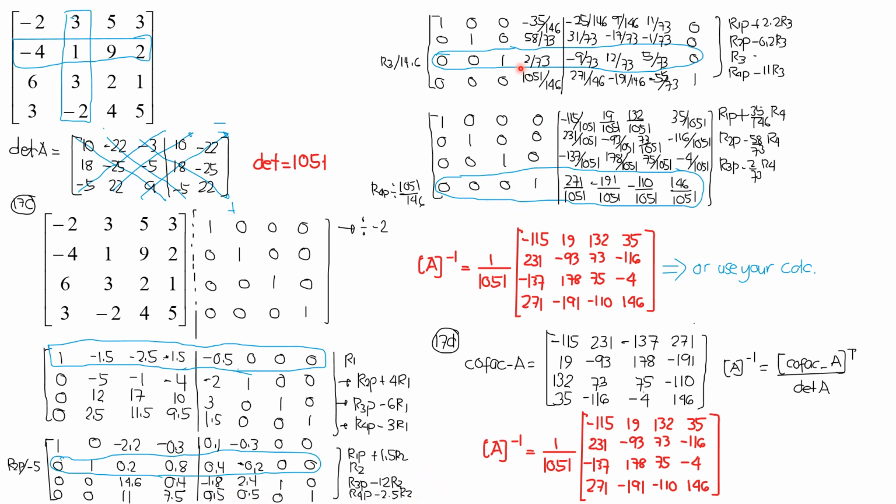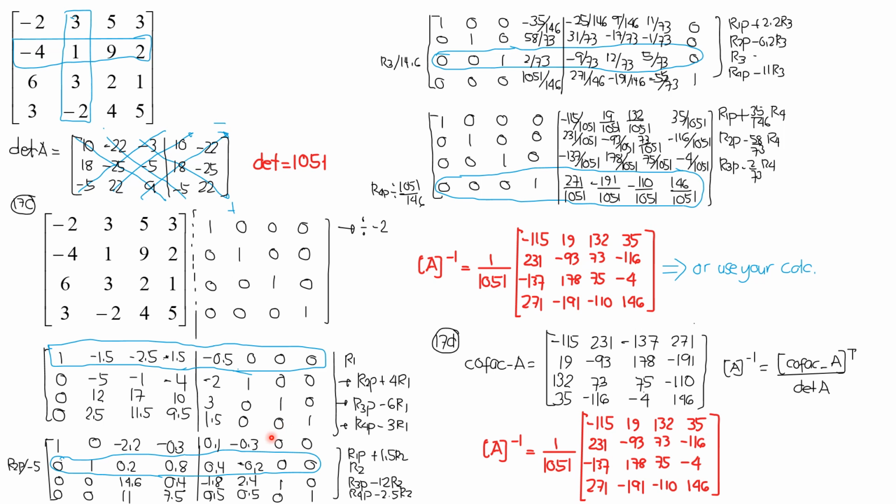Next, this row 3 here, we divide everything by 14.6 so that this becomes 1. So row 3 previous divided by 14.6. These are the new elements of row 3, so I call that row 3. The new elements of row 1 would be this. Apply this equation, row 1 previous, this row 1 here, plus 2.2 of row 3. So for example, negative 2.2 plus 2.2 times 1 is 0. And these are the new elements of row 1.